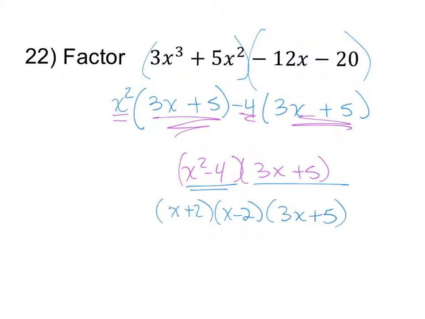If you are recognizing patterns, when your highest exponent is 3, it means that you have up to 3 different things that can multiply together. So the answer would be x